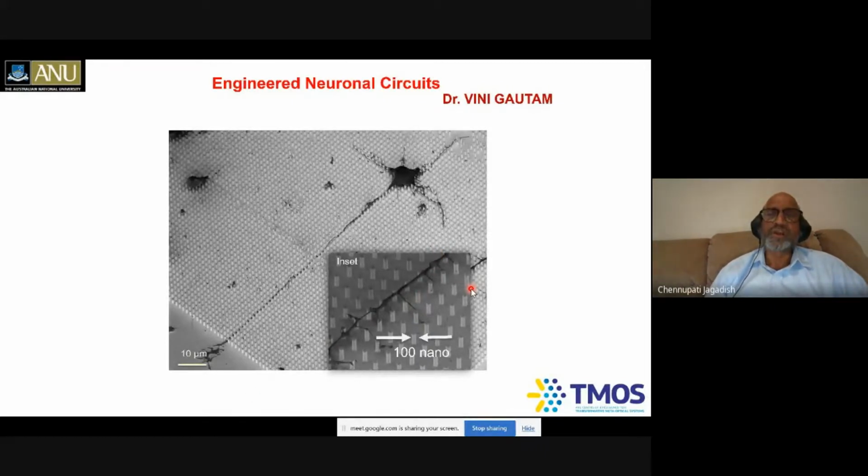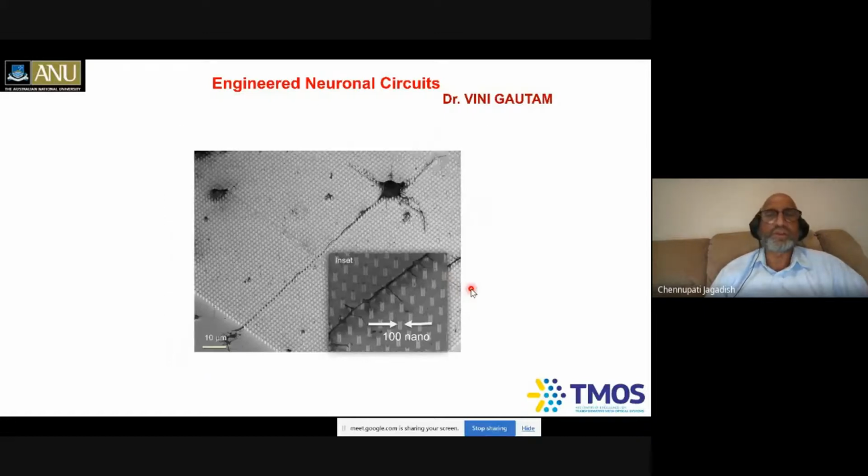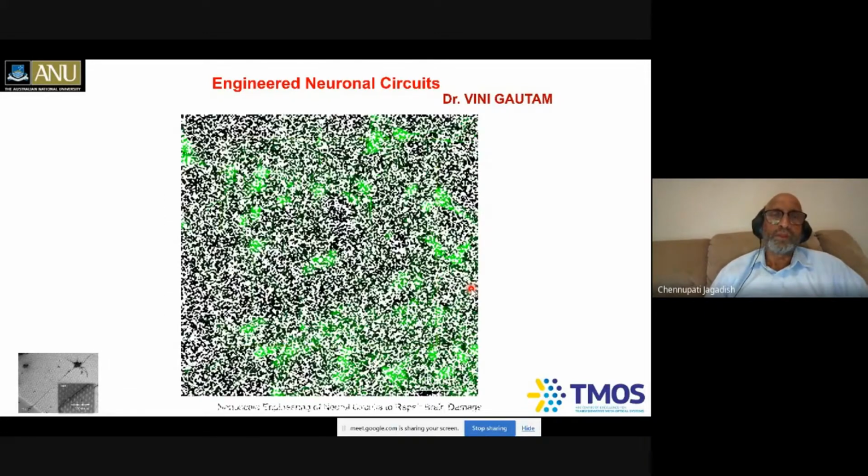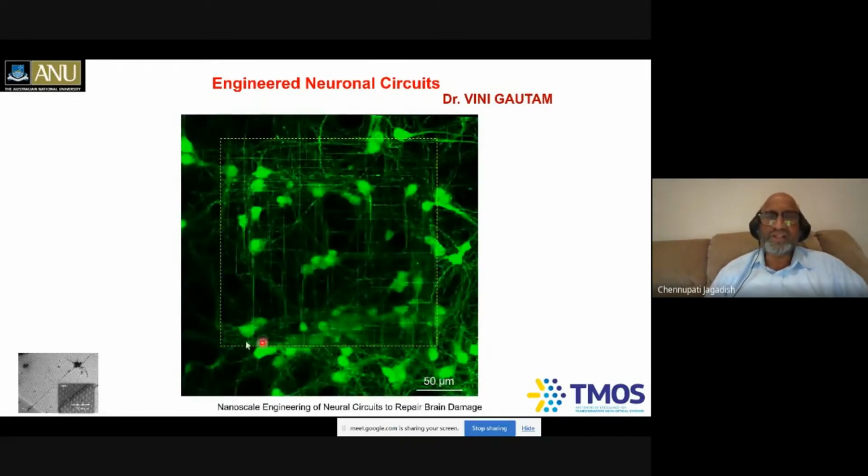Instead of using a single neuronal cell, what will happen if you use multiple neuronal cells? So in this box is the one where you have the indium phosphide nanowires. You can see there are many neurons here. You can see these axons are really following these patterns of these nanowires which we have created here. On the planar indium phosphide outside here, you can see these neurons are randomly making connections. There is no pattern here, for example.